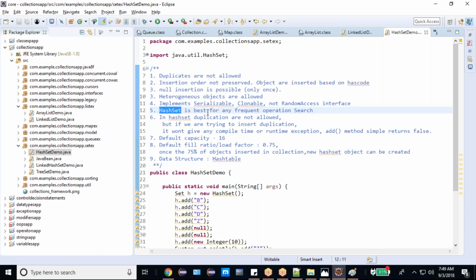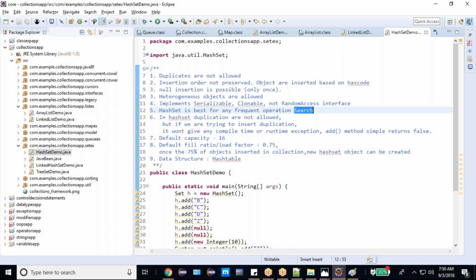So when is it the best? When do we use HashSet? For frequent search operations, it is the best. If we follow an index, we need to identify that particular index, and finding that index may take more time. But if we apply the hashing concept, hashing means they pick particular codes for a particular address,